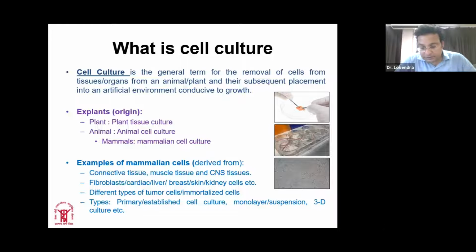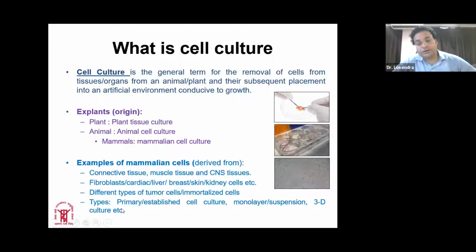These cells are named by nomenclature. Nomenclature of these cells can be based on the different types of cells from where they are isolated, and once these cells are grown in culture for a longer period of time, they can become immortalized by various modifications, and they behave like tumor cells which can grow indefinitely. So there are various types of immortalized cells or tumor cells that can also be used in these cell-based systems.